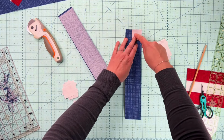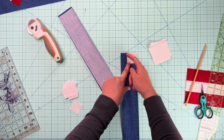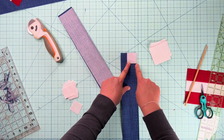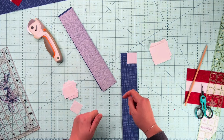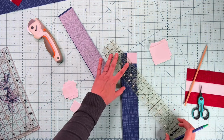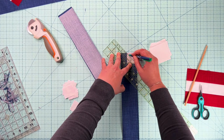is you line up the corner of the square with the corner of the sashing piece, and you can draw a line from corner to corner if you want to. This is such a small piece, or if you have a laser on your sewing machine, it makes it really easy. I'll grab a pen here and show you which direction that line goes. It goes like this. So you're going to want to sew from corner to corner on the white